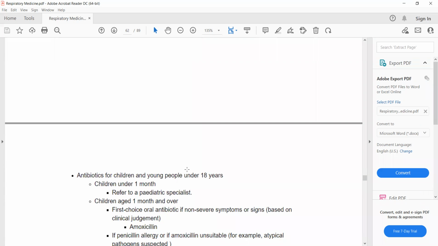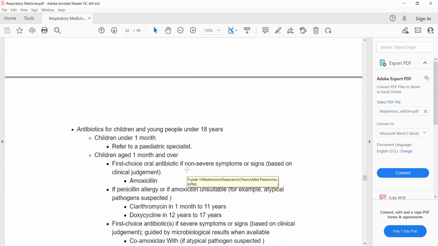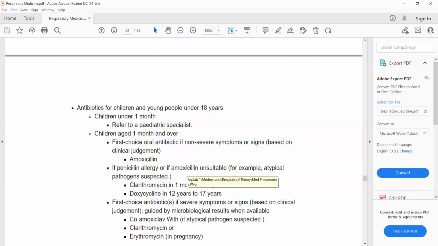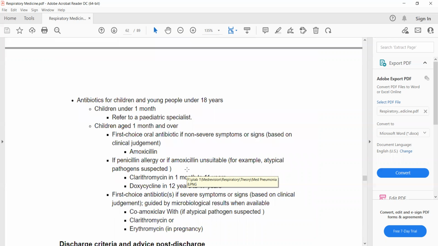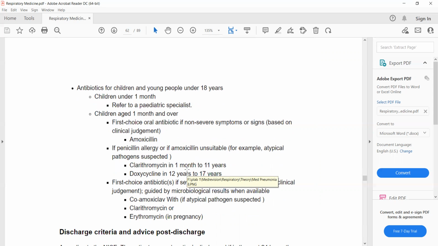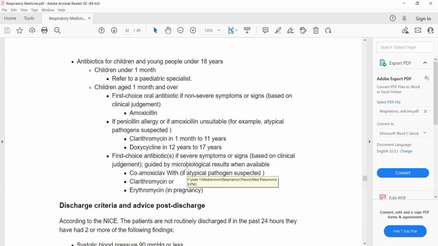Remember what we are going to do in children: if the children are under 1 month, then we'll refer them to a pediatric specialist, and we'll only treat the children who are 1 month and above. And the first choice antibiotic in children as well is amoxicillin, and the second is clarithromycin. Clarithromycin is used in children